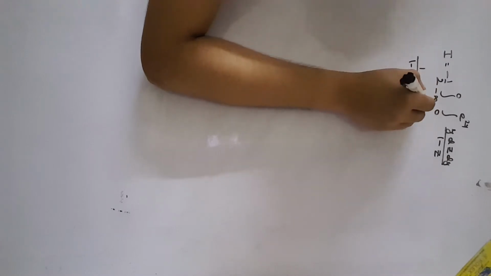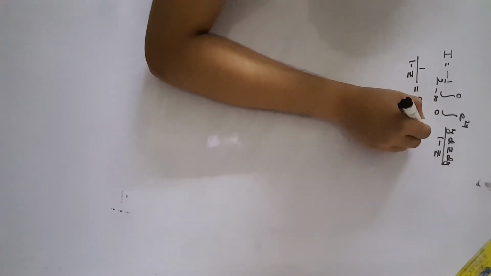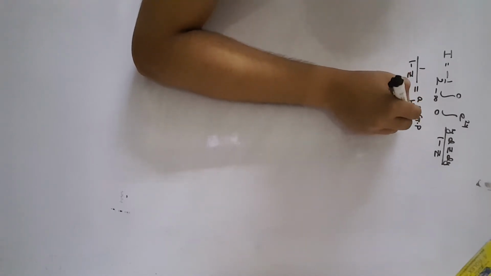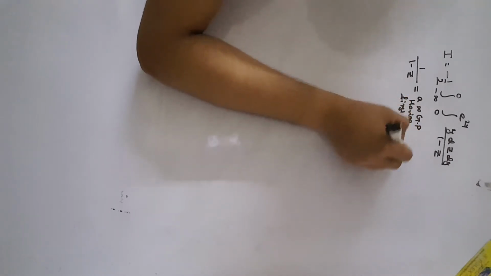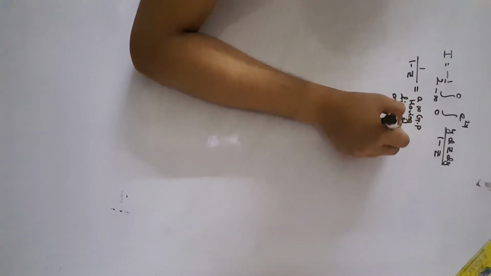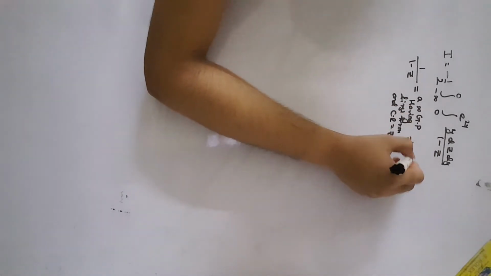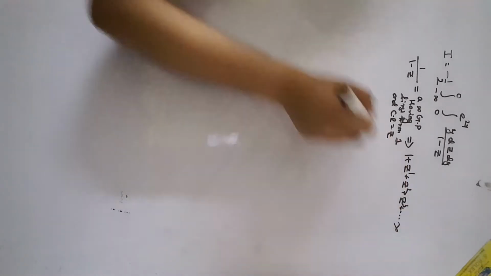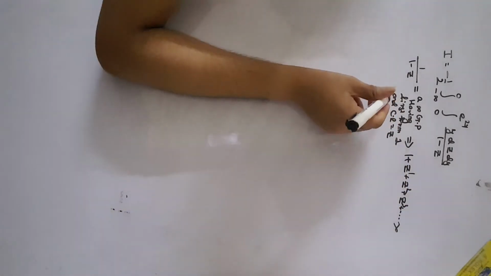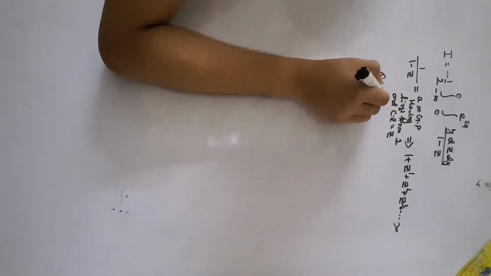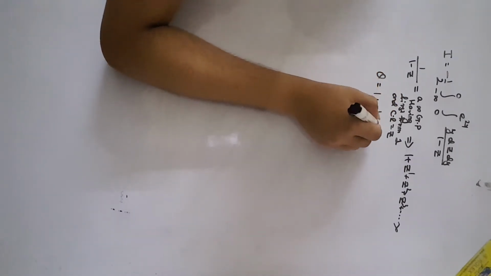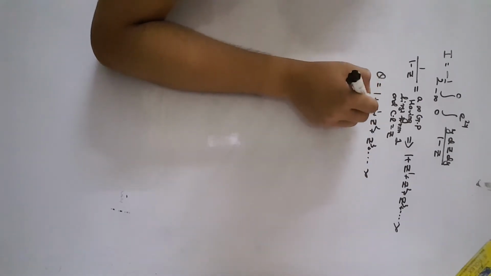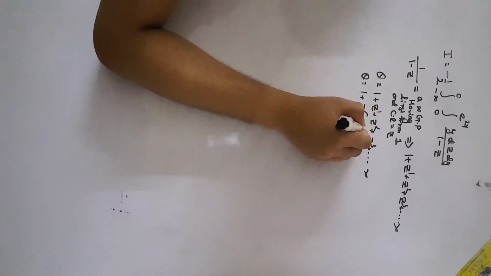So what is this thing? Infinite geometric progression having first term 1 and common ratio z. Expanding it will be like 1 plus z to the power of 1 plus z to the power of 2, plus z to the power of 3, and it goes up to infinity. And if you want a proof, I will present you the proof too. Let us suppose that we have written this as 1 plus z plus z2 plus z3 up to infinity. I can take z as common here and simply write this thing again.